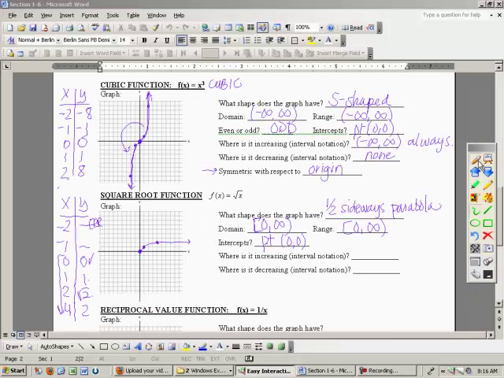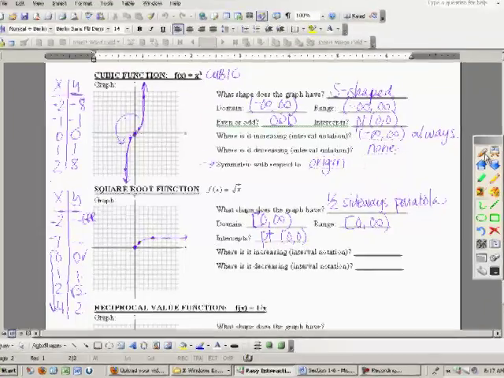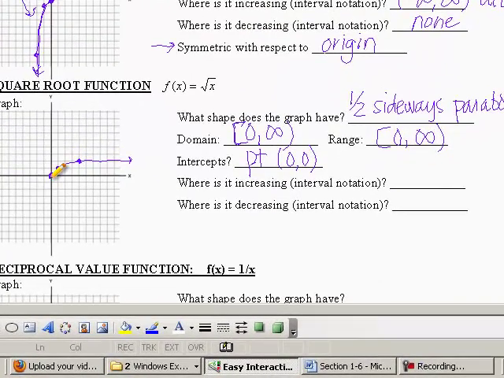Okay, as we look at this, where is it increasing or decreasing? Well, again, the easiest way, in my opinion, is to trace from the leftmost part of your graph, trace right, and you'll notice this will always increase. And it looks like it levels off, but it's not a big enough picture. It doesn't end up leveling off. So it increases